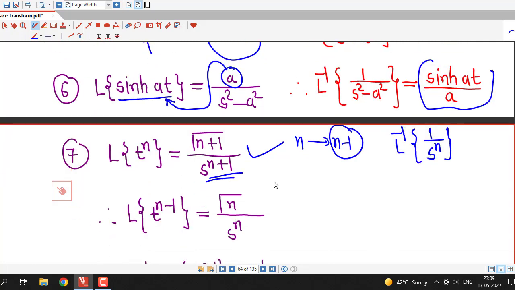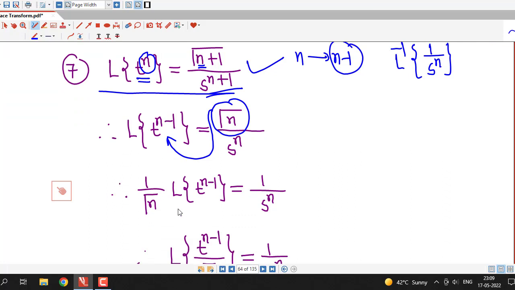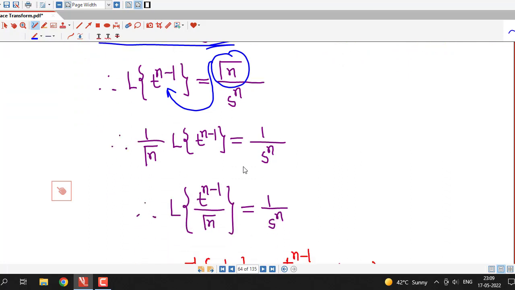So if I replace n by n minus 1, I will have Laplace transform of t raised to n minus 1 equal to gamma n divided by s raised to n. This is constant, so we can transfer it to the left hand side, and using linearity property we obtain